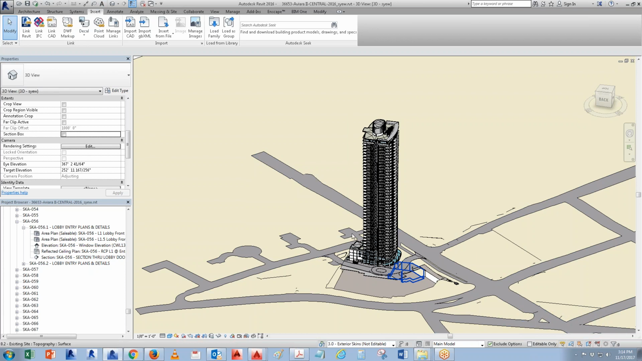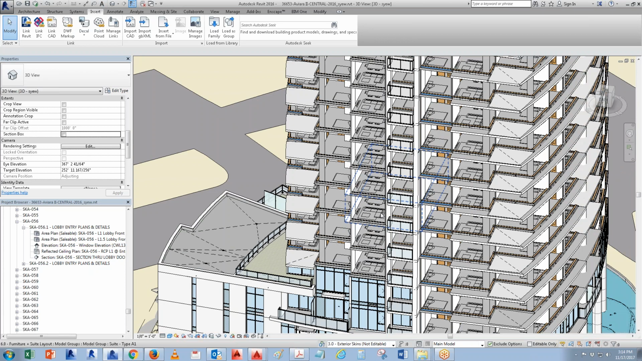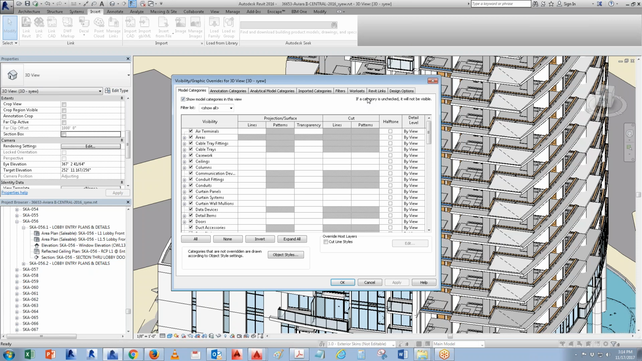Okay, so in here, what I did is that I have a link model that is basically,